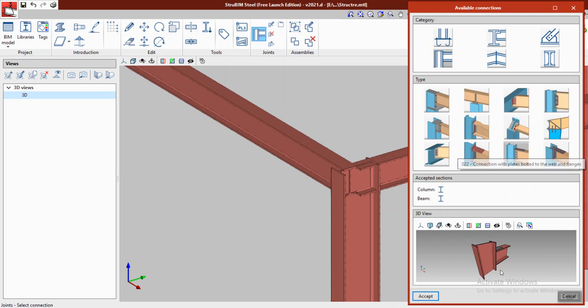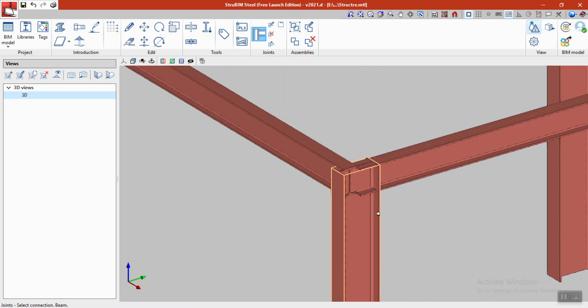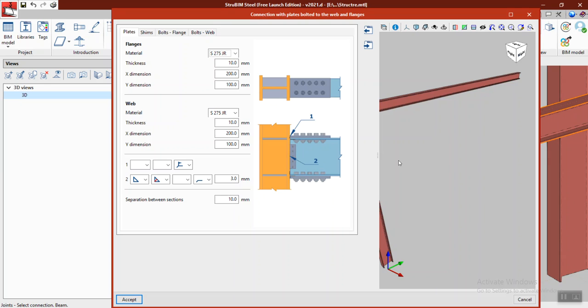I'm choosing this one, and you can see the connection here. You can see the plate at the top, plate in the web, and plate in the bottom flange. Then I click accept, then I'm choosing the column, then choosing the